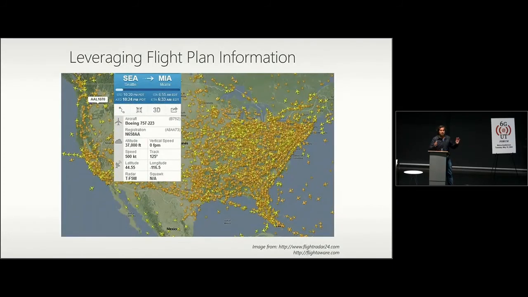All this data is coming out in clear text, and that's one of the mind-boggling things. Again, as someone working in computer science and thinking about security, all this data is available for anyone for free, and it's being broadcast in clear text. You can put your software-defined radio tuned to it, and you can see everything right there. In fact, there are some apps. I'm sure you take your cell phone app, and if you have a plane, you just point it at that, and it'll give you all the data out there.